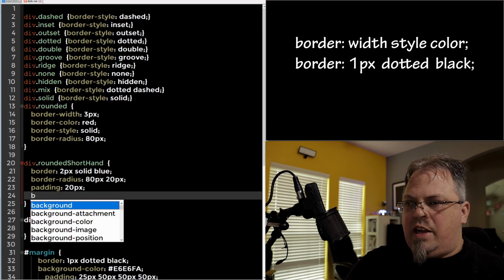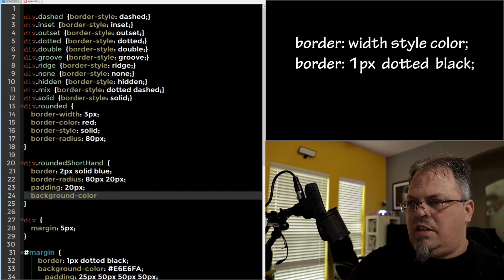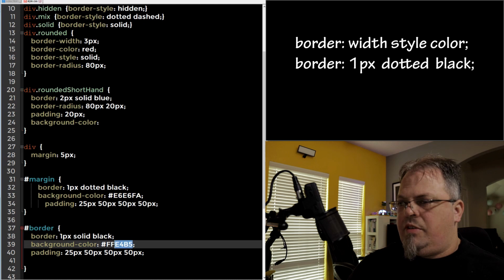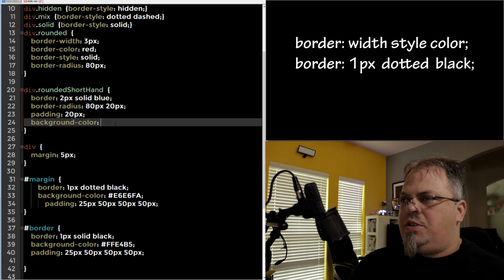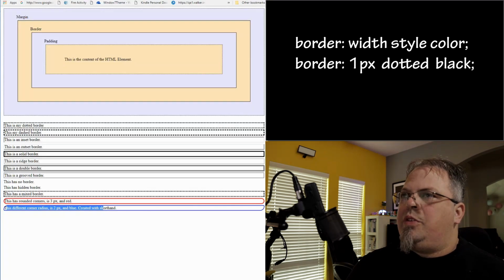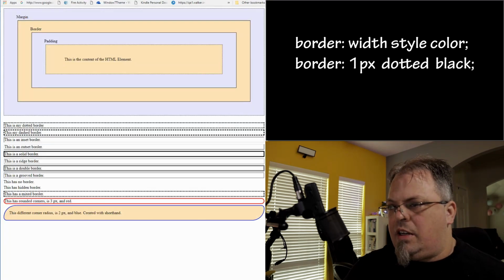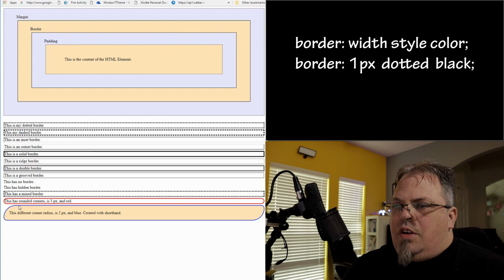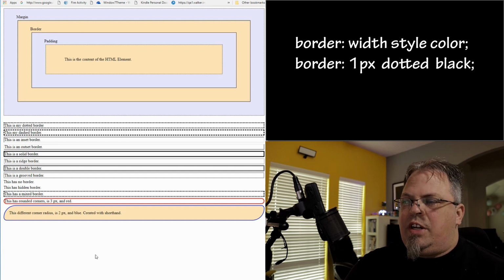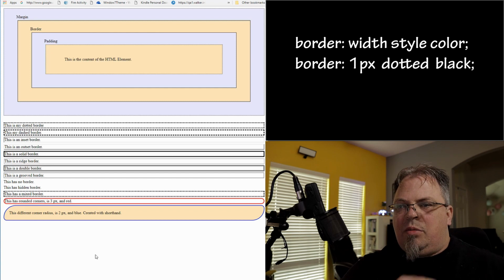Hey, why not add a little background color? I'm going to copy this color from here. I'm not sure that'll go well with the solid blue, but hey, let's try it out. Click refresh. So I added padding and color. There we go. So I've got my blue border. I've got the different radiuses in the corners. I've got padding around my text in a different color. So it kind of gives you an idea how you can create sections in your document and style them a